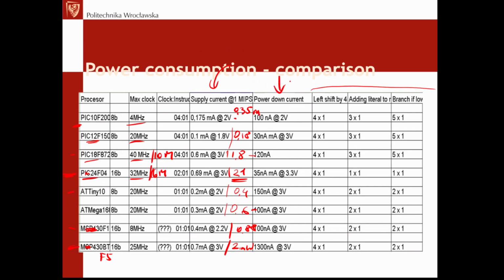What is the last thing that I wanted you to stop by for a moment is the power down current. So the static or leakage power that is consumed or required by a particular architecture. It depends mainly on the technology, but also a bit on the construction. Still, a clear winner is this PIC12 with a mere 100 nanowatts. 100 nanowatts, so it's a very tiny number, but interestingly, very close to it is PIC24,